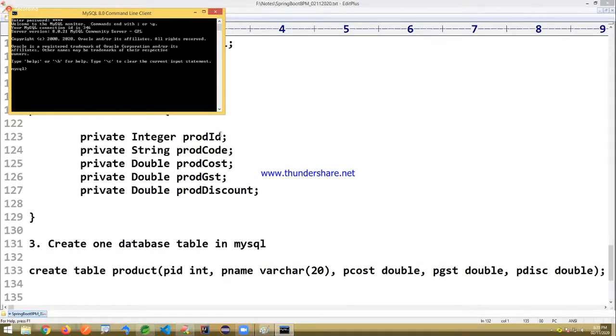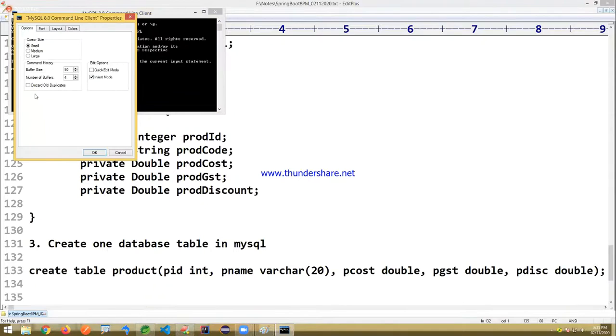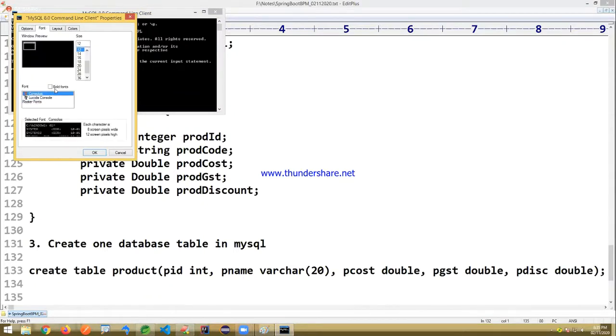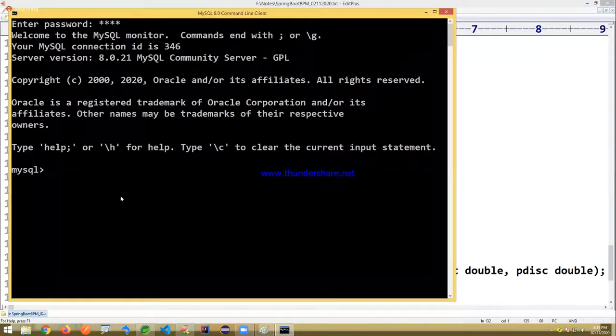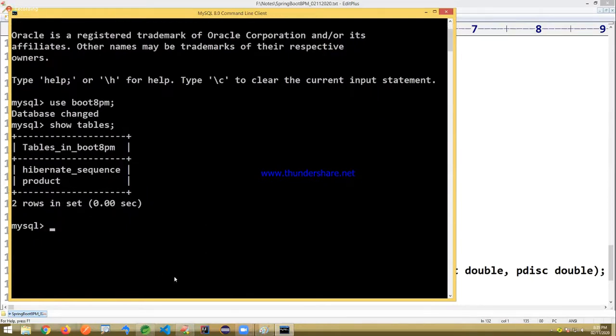Root. Use boot 8 PM. Show tables. Already a product table is there.